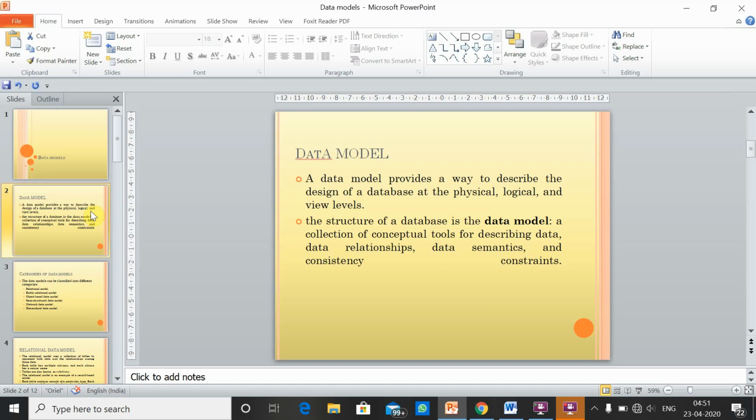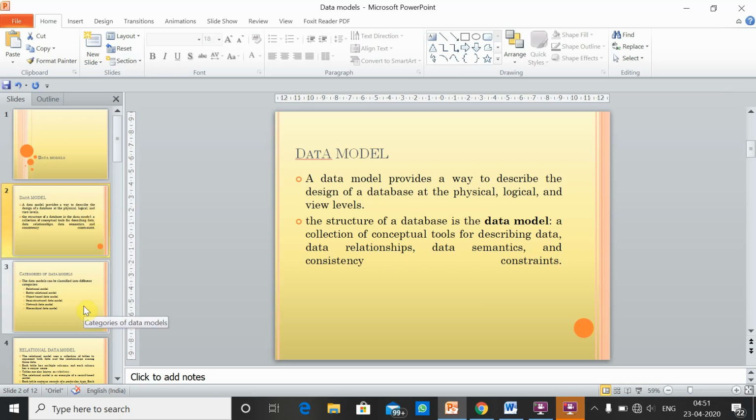All these constitute the designing of a database. So, when we describe a different way to define a database, that particular way is called a database model.